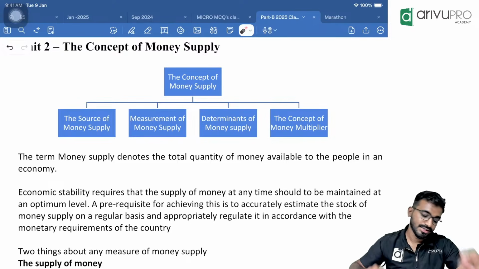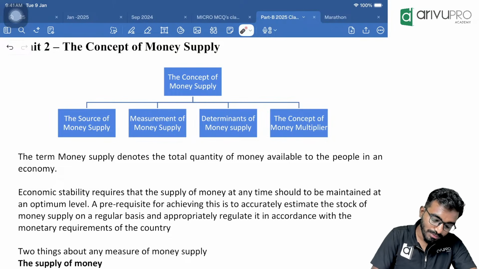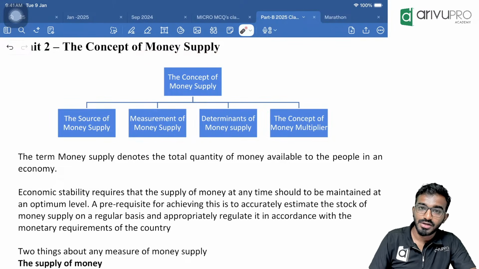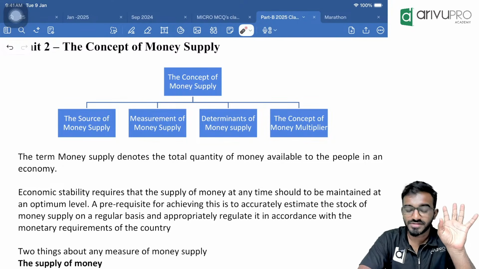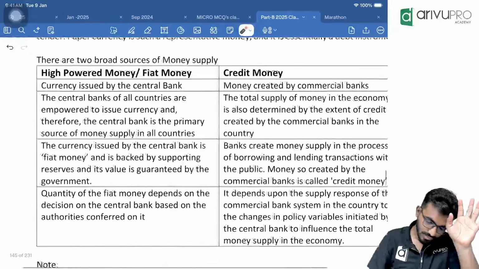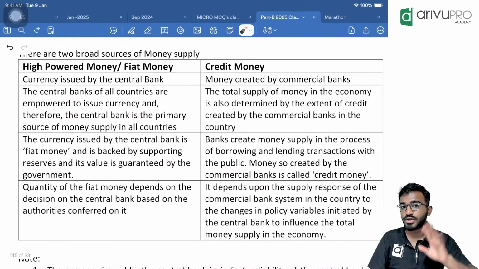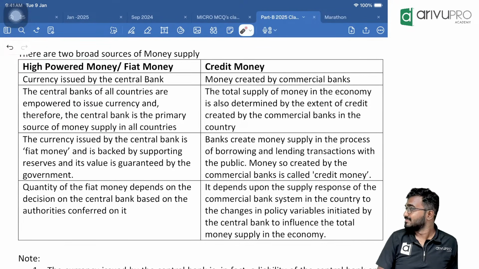Then let's get started. Now unit 1 spoke about money demand. Now unit 2 speaks about money supply. So what is the supply of money? There are mainly 2 sources of supply. Straight away let me go to supply sources. For a better understanding, I will come back to the intro part. We should explain the meaning of public, and from that also numerical problems will come.